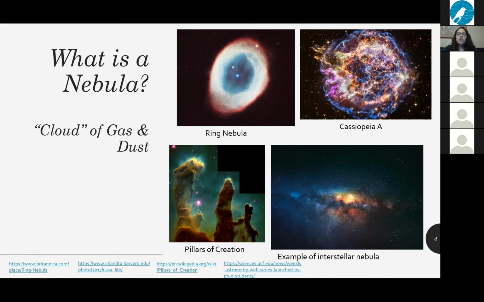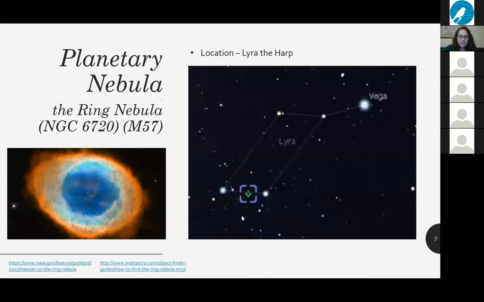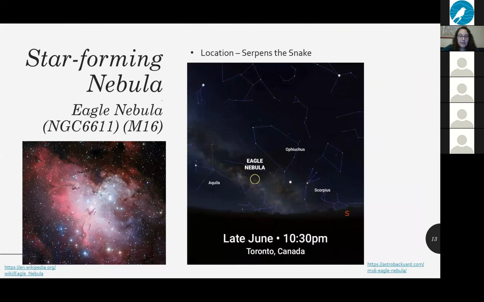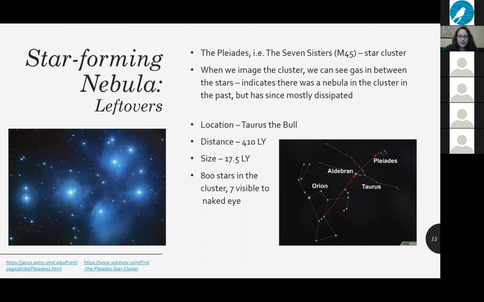Most supernovae generally look the same. I mean, they have slight variations, but you can see that they have more dense regions of gas than others, and they're roughly round. The most variation we see in a nebula would be in a star-forming region, like the Pillars of Creation, like the Eagle Nebula, and like